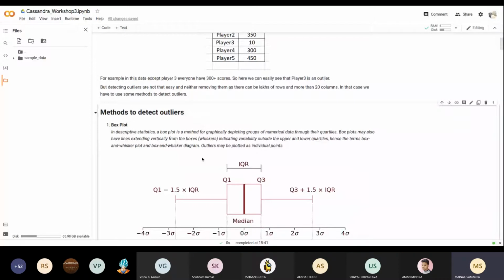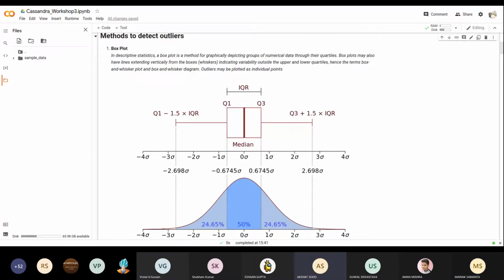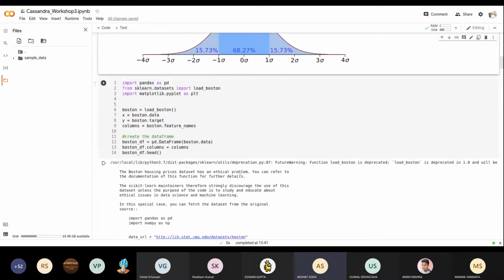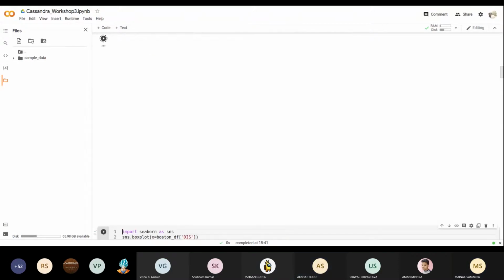The first method is the box plot. The box plot uses the IQR method, and it plots a box. Here I have loaded the Boston house pricing data set, and let's see the box plot.